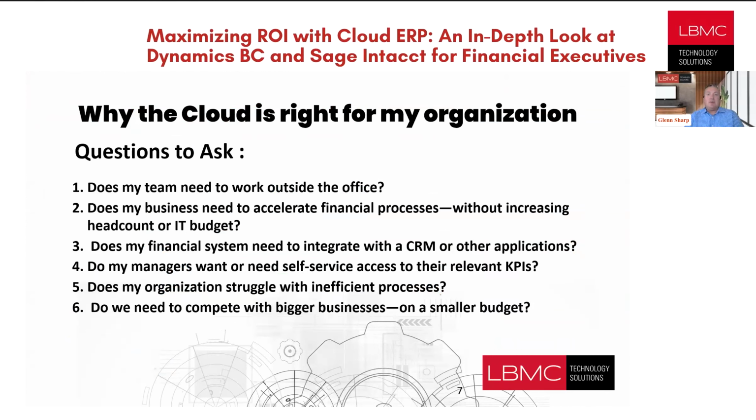The whole finance team can work anywhere, in the office, at home, around the corner, around the world, using only a standard and secure web browser and an internet connection. So you don't need extra security hardware or software or even a VPN connection to access the different deliverables we'll be talking about today. So another question: does my business need to accelerate financial processes without increasing headcount or IT